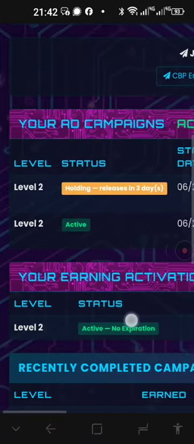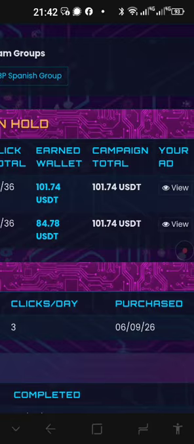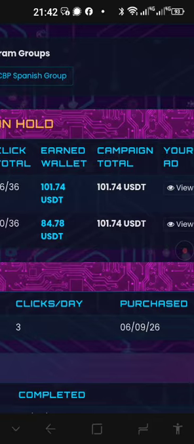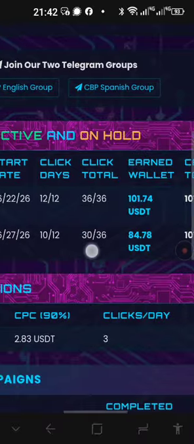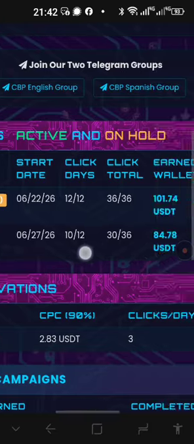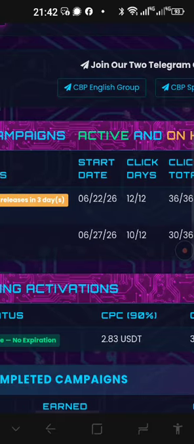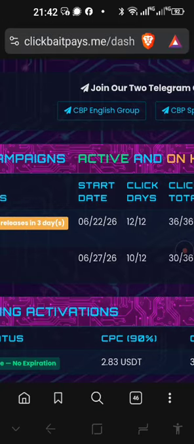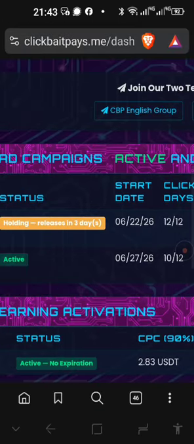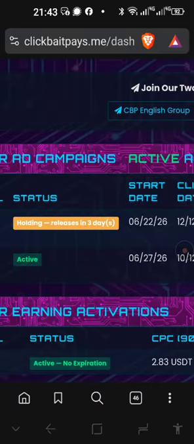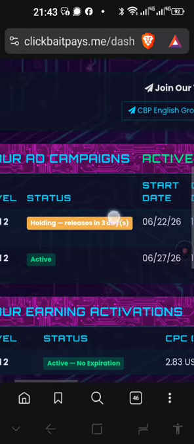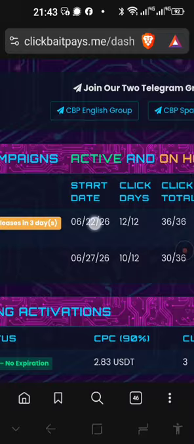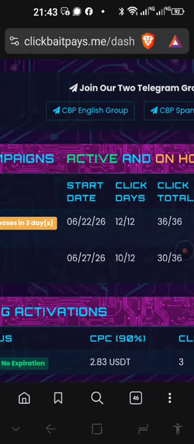So this one was the first one that was on the 9th of June, and this one completed on the 27th. I took this one out with the funds generated in the first campaign. So now I'm on the third one, and there's 3 days still left for the second one that I completed. But that one was taken out on the 22nd of June. Right, so it completed its 12 out of 12 days.